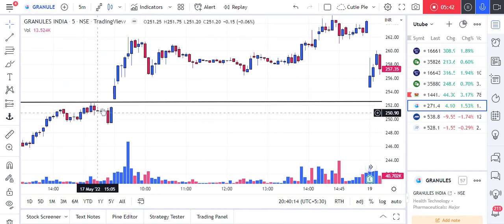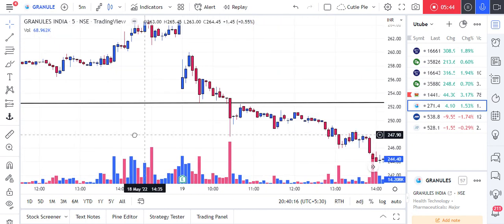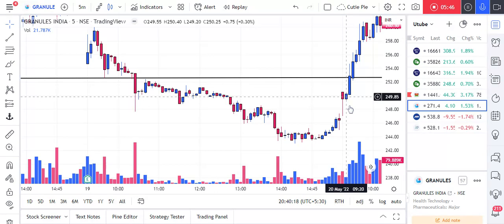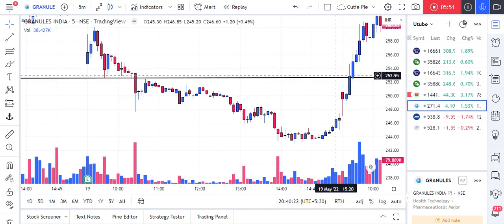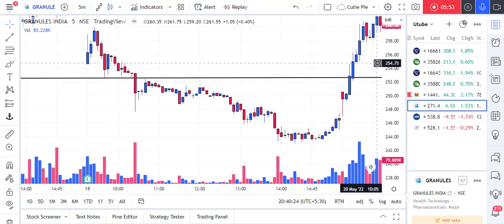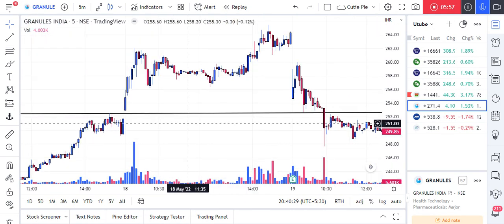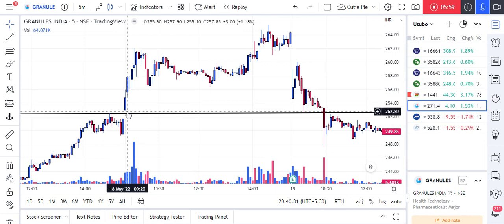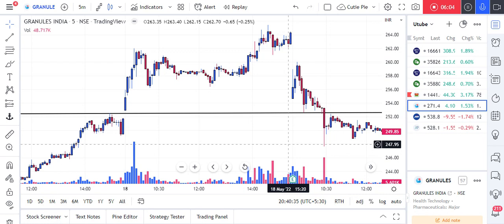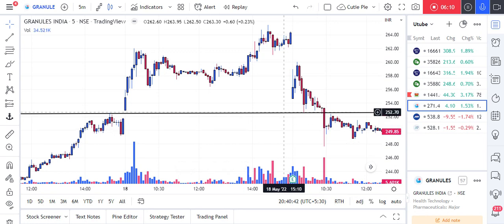So this is the entry. Also, after 2 days, the same thing happened: it broke the low, high, and then it went up. But the main thing is that on the earnings day, the movement at the level will have a very good effect. After that, sometimes the same level will act or it won't. We can't be sure about the level acting other than on news day.